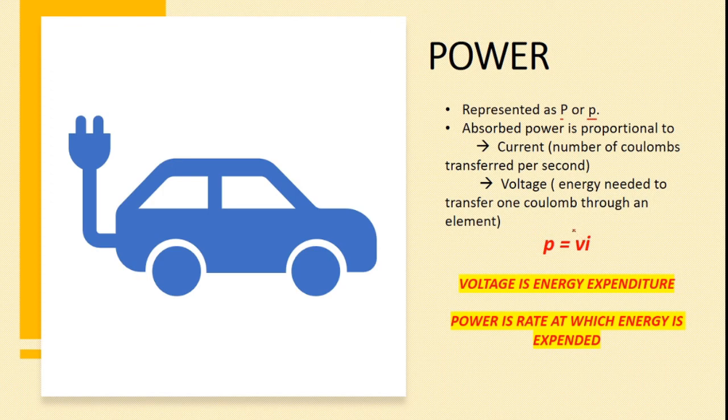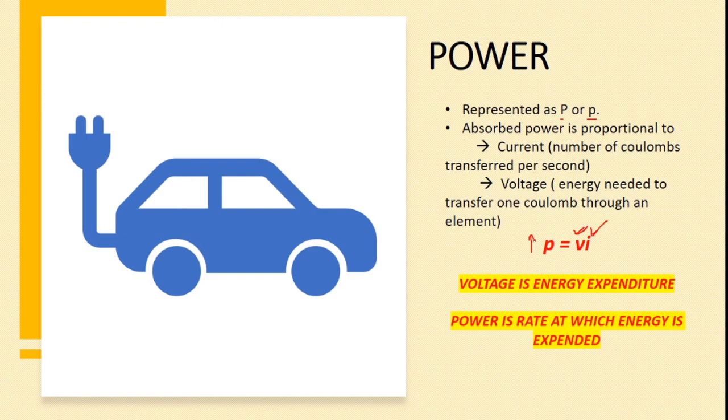So V is nothing but the accumulation of charges. As I said, I have a lot of energy within me; that is what I call the voltage. At what speed I run, at what speed the charges are going to move, that is what I call the current. So I have a high accumulation of charges, my V is very high, and if I'm able to move faster, then my I is also high, which means the power will also be very high. I hope I've made my point clear, right?